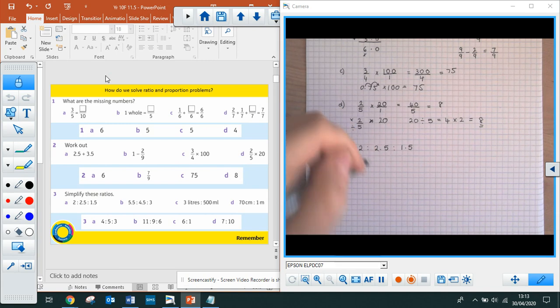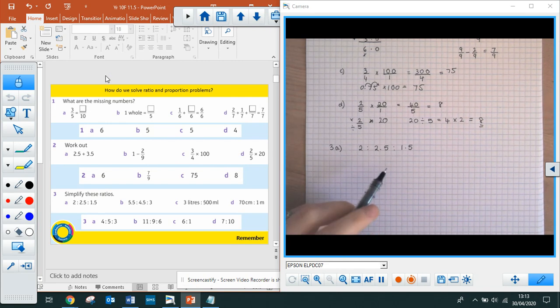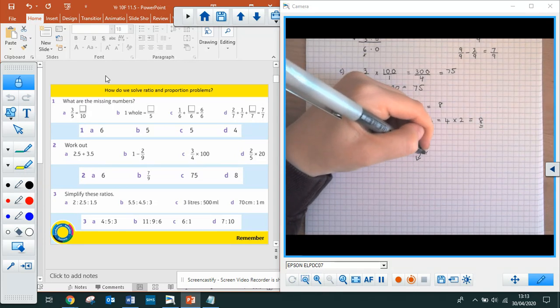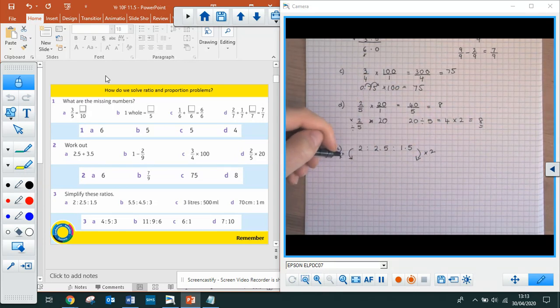And remember, we don't keep decimals in our ratios, so we need to simplify it by removing the decimals and having it in its simplest form with a whole number answer. Okay? There's 2 ways you could have done it. Now, as all of my decimal numbers in this ratio end in a 0.5, I know I can multiply by 2 and that will get rid of my decimal. So if I multiply all the numbers in my ratio by 2, I will get rid of my decimals